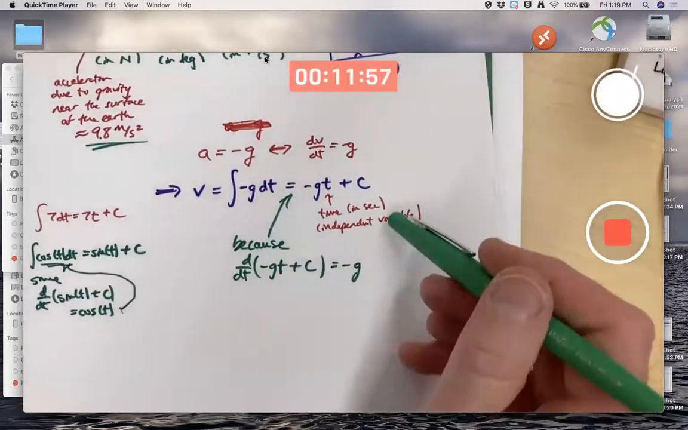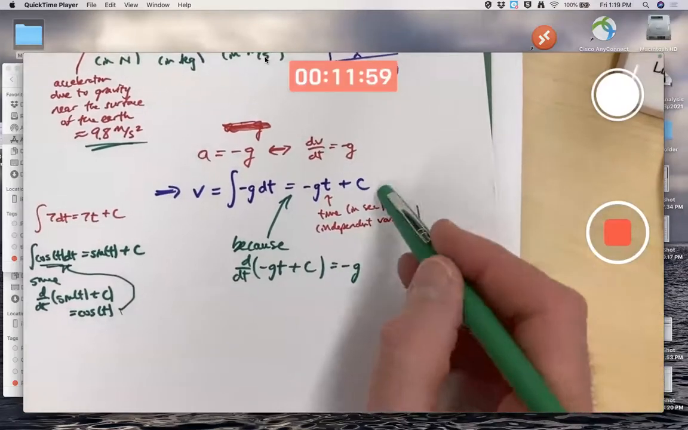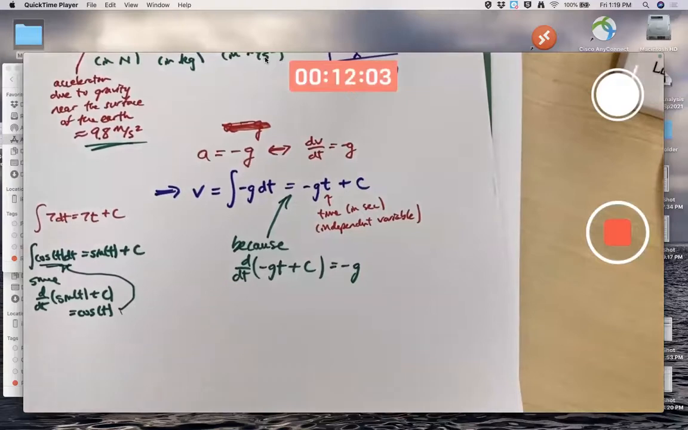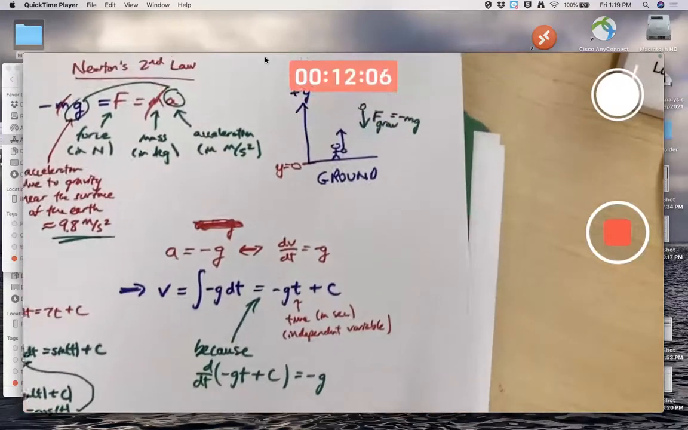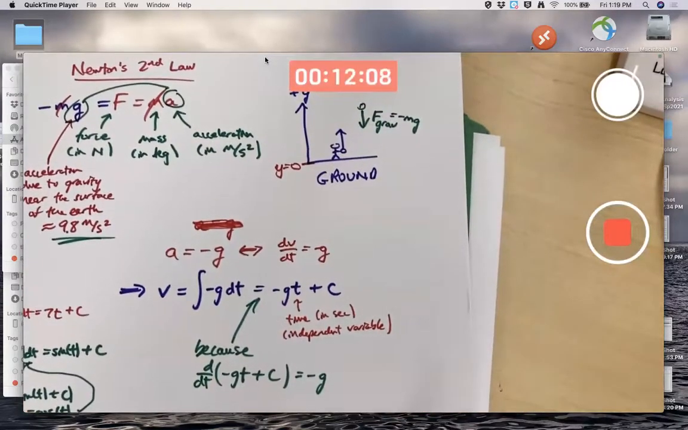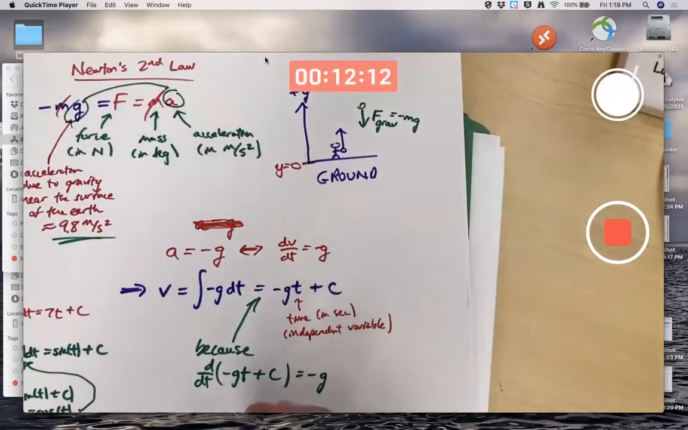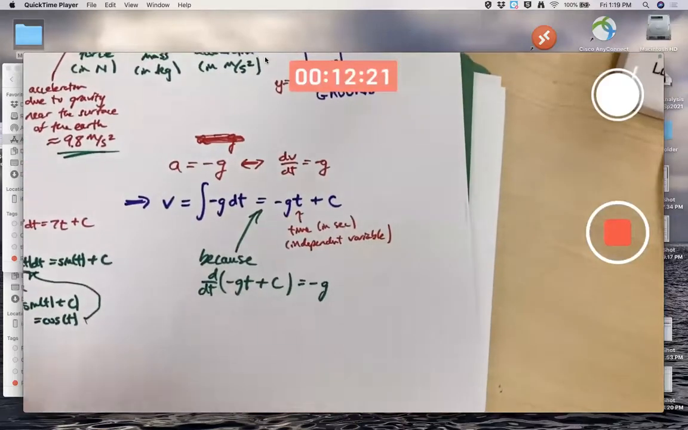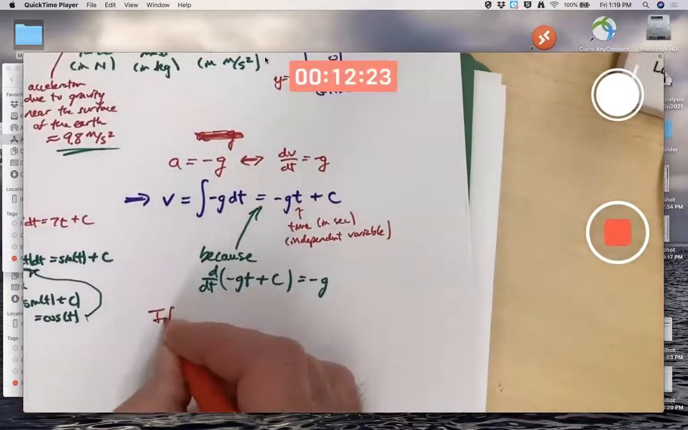But is this c truly arbitrary? I mean, yes, for any number c, this derivative will be true right here. But for the particular situation of throwing the ball up, is c truly arbitrary? No. C is going to be something specific. It's going to be the initial velocity, in fact. You might call it v sub 0. If we assume